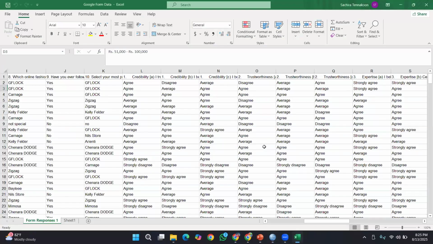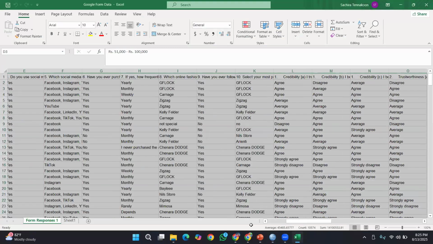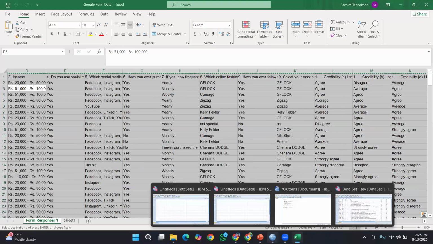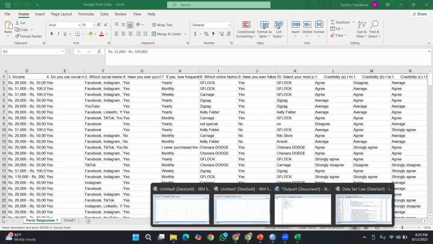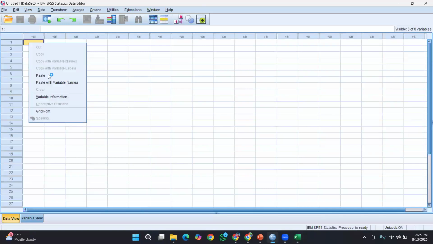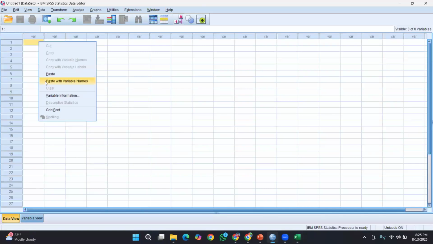One method is you can press Control A and then Control C, that means to copy, and go to the data set. And in the data view, you can't paste it in the variable view. In the data view, you can give the paste command. Right? Paste with variable name command can be given.